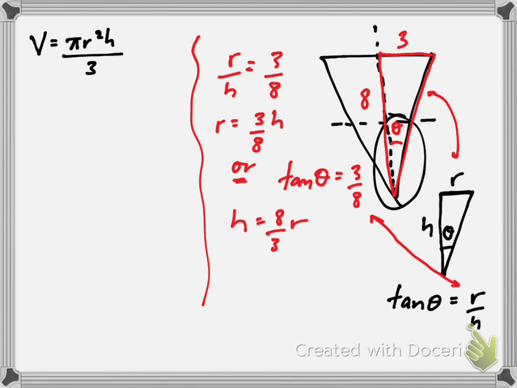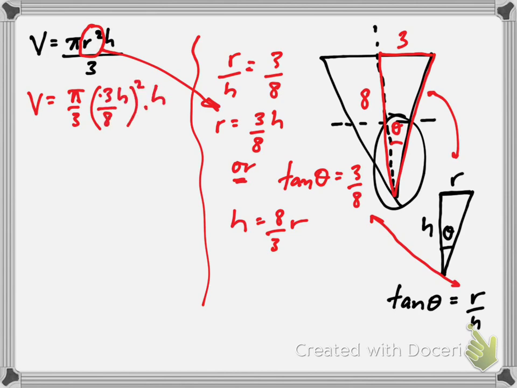Okay, so you can substitute r and put h in terms of r. So if you use that r and substitute, you end up with v is equal to pi over 3, r is 3 over 8 h, so (3/8 h) squared times h, and if you simplify, you end up with v is equal to